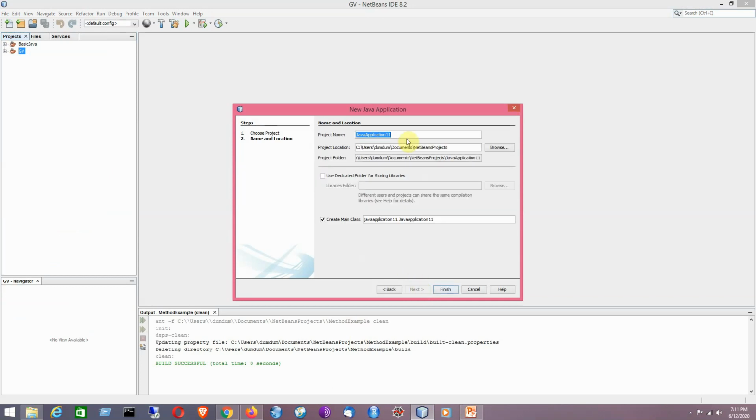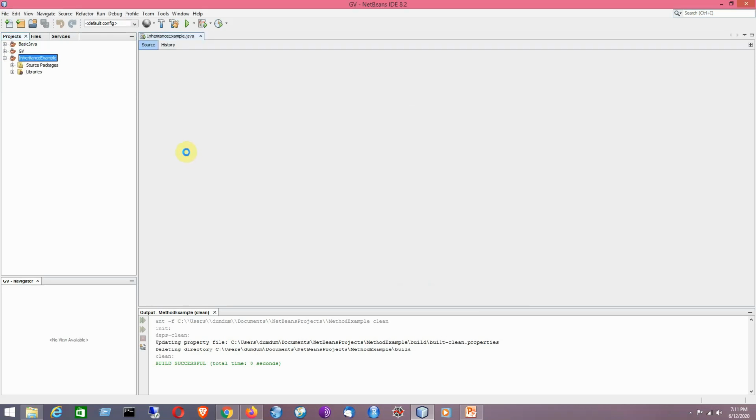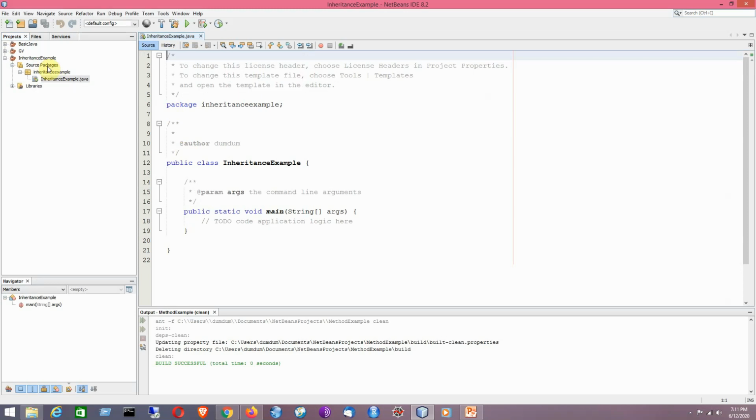Suppose the name of the project is inheritance example. It will create a project structure for you.